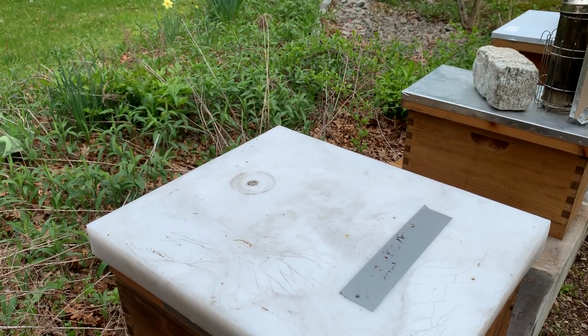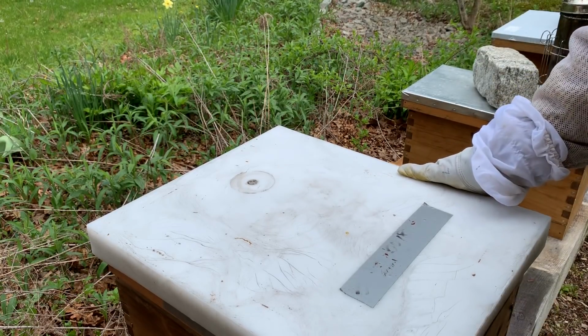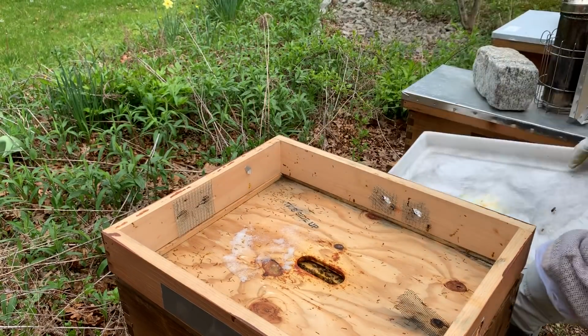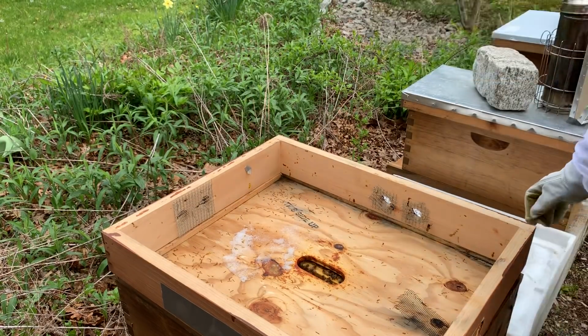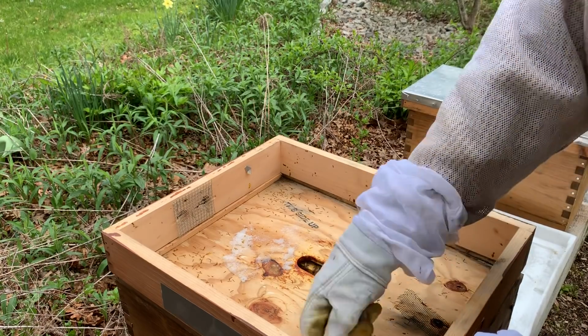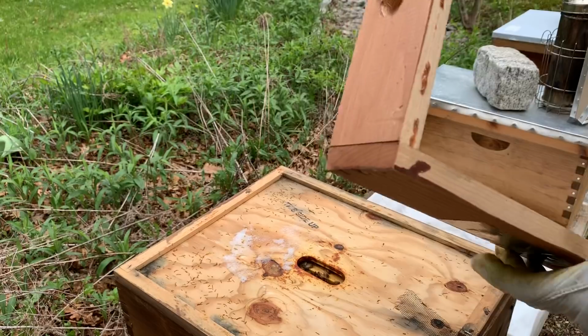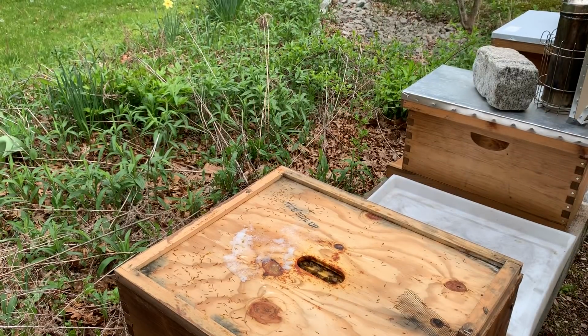All right, so here we are. This is May 16th, and this is one of my strongest hives at my house, and they kind of seem to keep going backwards. We just can't get a day where it doesn't rain, at least for a little while. So this hive, a little over a week ago, as you can still see, had turd all on the top. I opened up some of the vent holes, giving a little more ventilation,